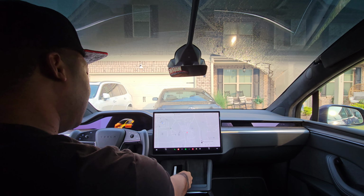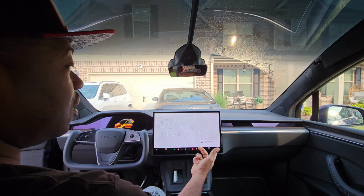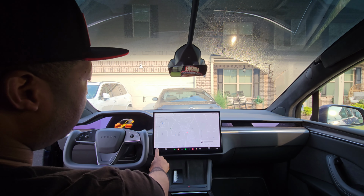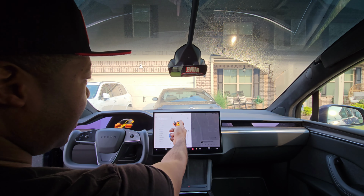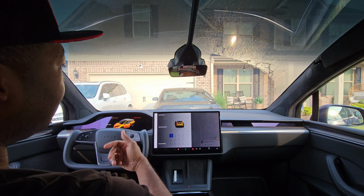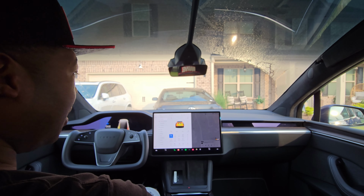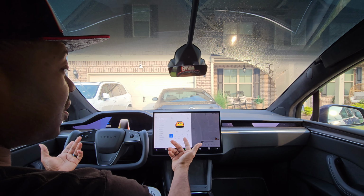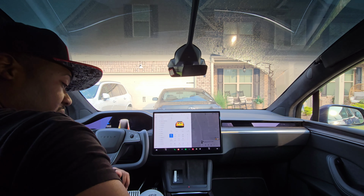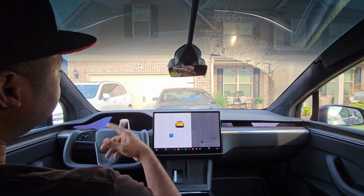Take your key, lay it right here. Your car will not start without that. If you want to close those doors without touching them, right here, you got this on the screen, press down on your brake pedal, your door will close. And now your car is on, you are ready to go. It's also going to tell you to put on your seatbelt. We always want to do that. And then